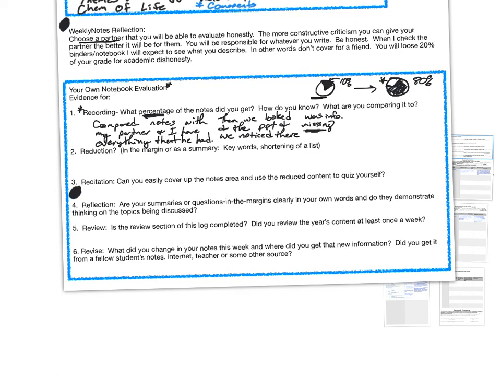It's more about you being honest with yourself, right? And making sure that you're able to make a really good estimation about how much of the information that was covered that you actually got. And then you might say we felt